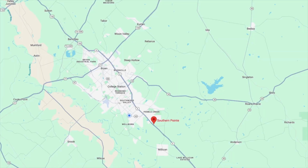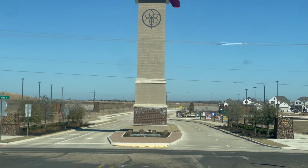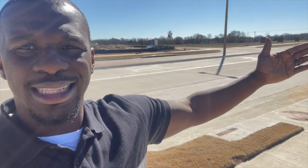Hey, so welcome back. We're in Southern Pointe today. And I'm standing at the very beginning entry of Southern Pointe. Southern Pointe is a master plan community in College Station. This is literally right off of Texas 6. Behind me, you'll see these cars driving in. That entry right there is the entry to come off of Texas 6. So if you're coming in from Houston and you want to come into a neighborhood or an area that's not deep into College Station,